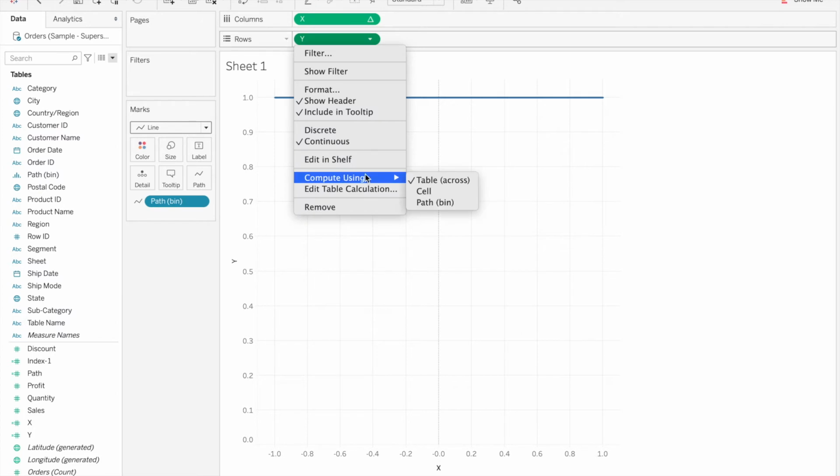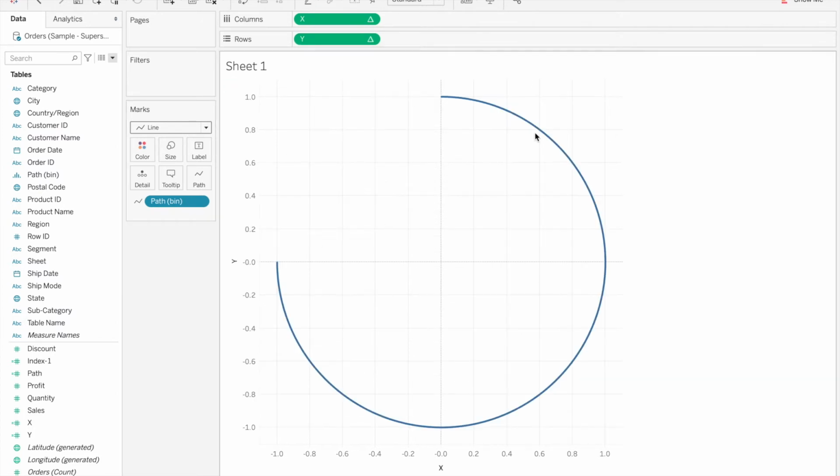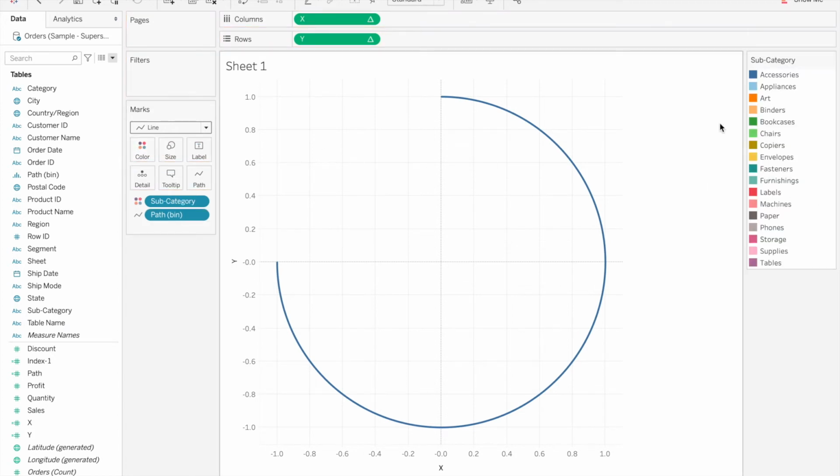Again for Y, compute using path bin. Our circle is created. Now we want our circle to showcase subcategories, so let's drag subcategory to colors. So now we see that our circle is created, and if you see how the path has been calculated from 0 to 270, that's the reason we have created bin and index value.